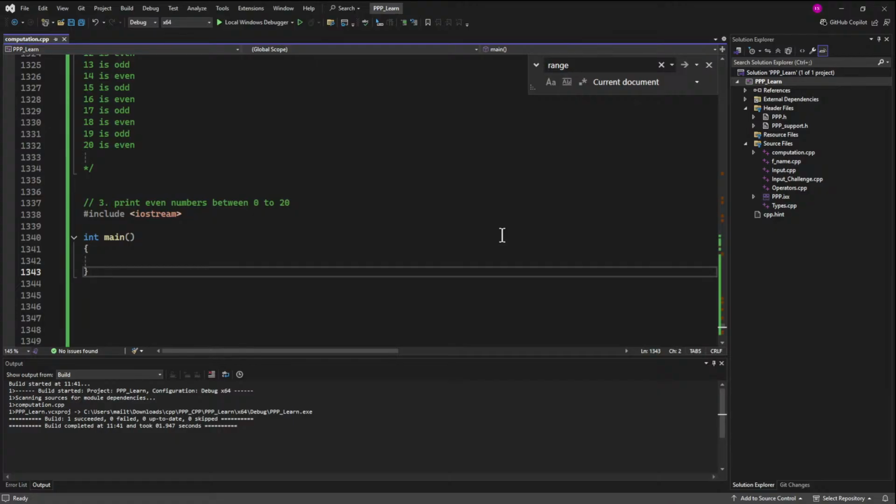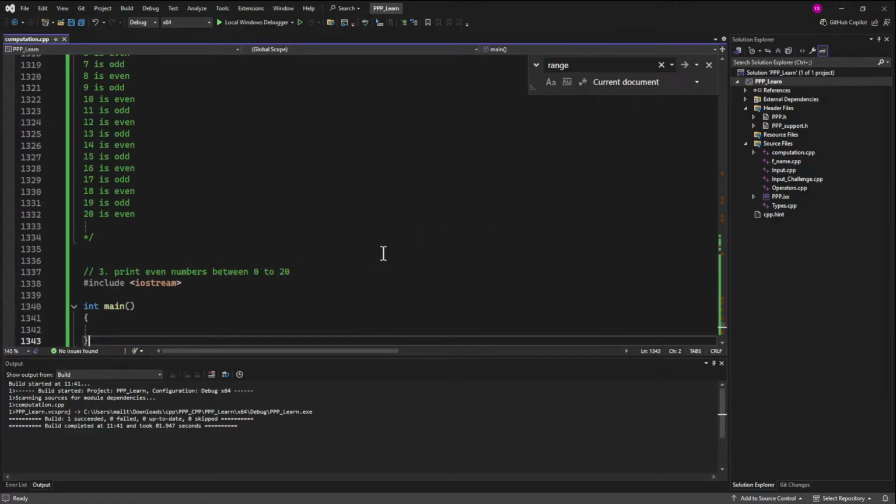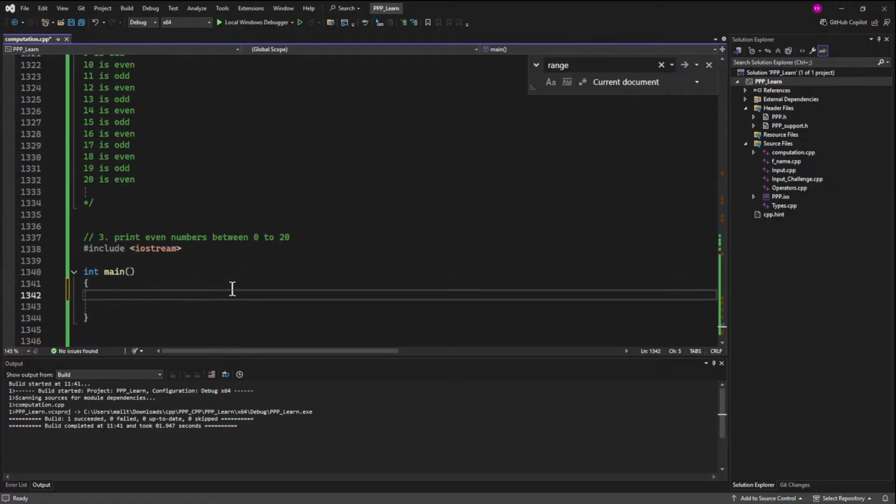So, we have this question: print even numbers between 0 to 20. How are we going to do it? We only need to print out even numbers. So, if we use a for loop with only the condition, if I write i plus 1, not i plus 2, like this one: for int i equals 0, i percent